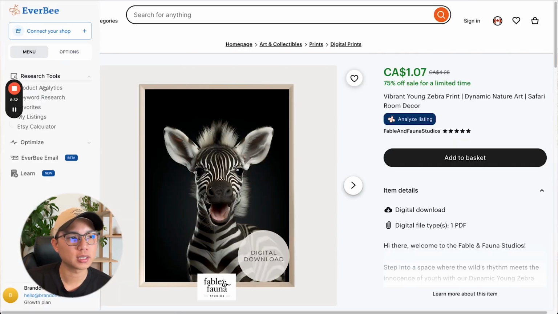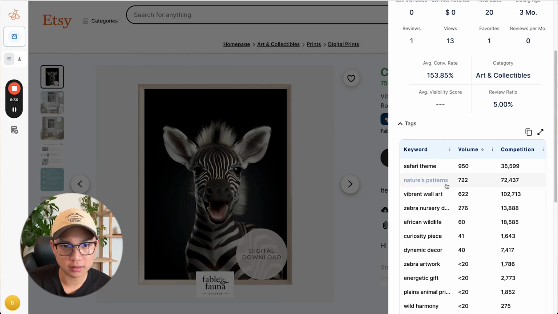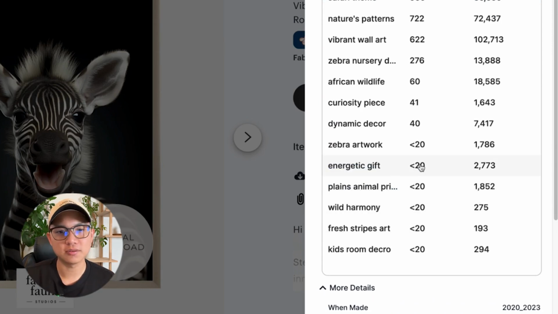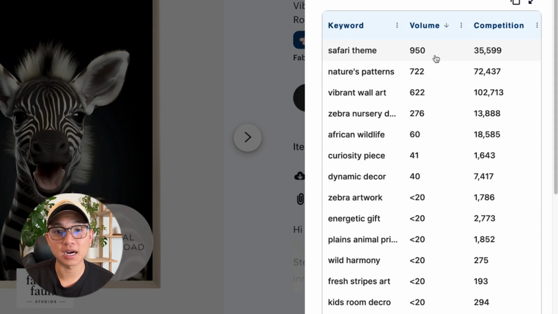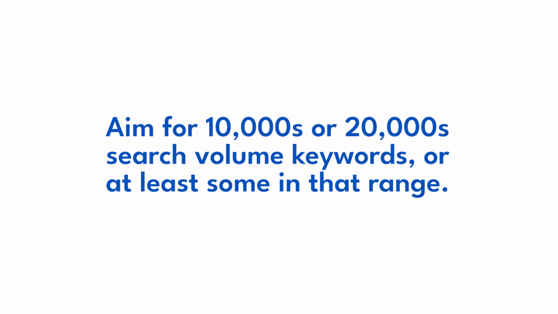So if we take a look at the product analytics tool, let's take a look at the tags you're using. And just looking at this briefly, it's not that specific. I think you could find keywords that are higher in demand because the highest search volume you have is just 950. You want to be targeting keywords at least in the tens and 20,000s if you can, or have some of them